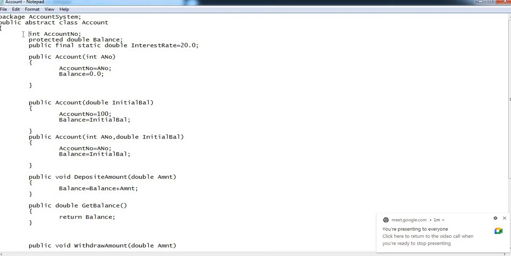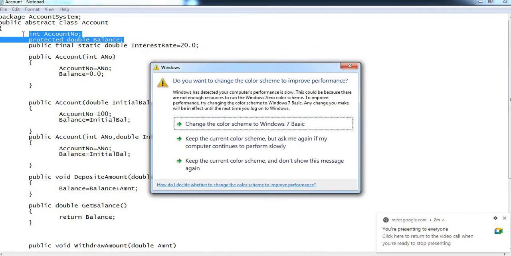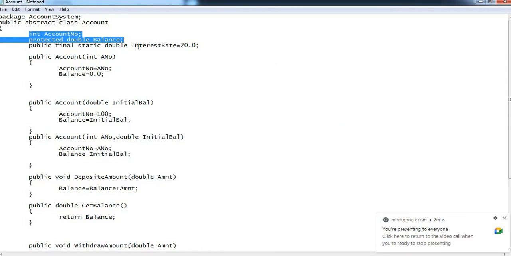Whereas account number and balance are going to hold account specific data, hence they are instance variables. With every object there should be different copies of account number and balance created, because we are going to store different data for every object. Whereas for static, we want only one variable to be created and shared by all, because the data we store inside it is going to be common.